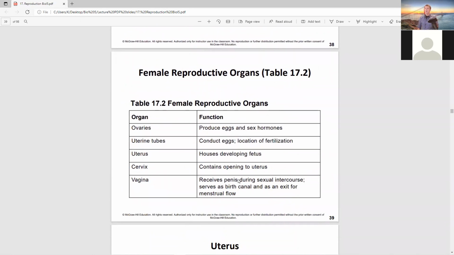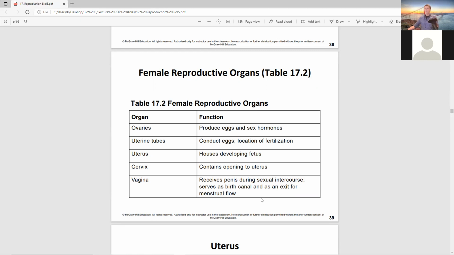Okay, so the female reproductive organs: we have the ovaries, which produce eggs and sex hormones; the uterine tubes, which conduct eggs and are the location of fertilization; the uterus, which houses the developing fetus; the cervix, which contains the opening to the uterus; and the vagina, which receives the penis during sexual intercourse and serves as the birth canal and as an